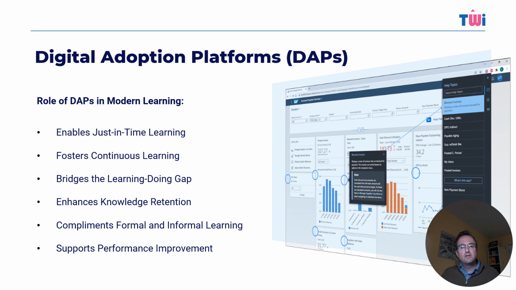As repetition, context and timeliness are key features of knowledge retention, DAPs provide all three, making knowledge retention much more likely. They can provide a reuse case, an approach for formal learning material, which is used at Go Live, together with a place for learners to access social learning and on-the-job coaching. Finally, and most importantly, I feel, by providing learners with the right support and resources when they need them, DAPs can directly contribute to improved job performance, increase productivity, and achieve those desired business outcomes, which are the ultimate goals of learning support.